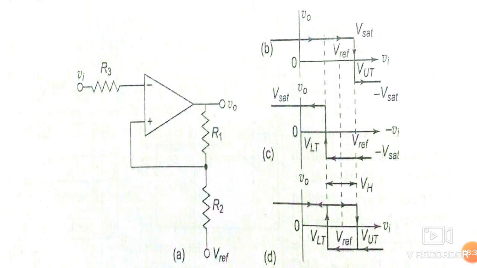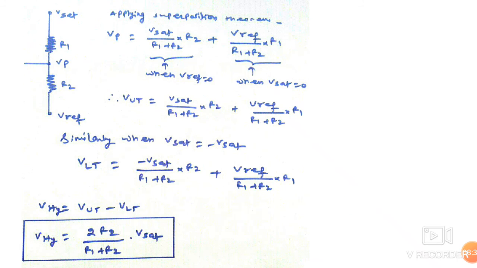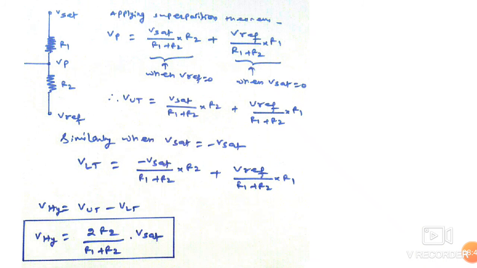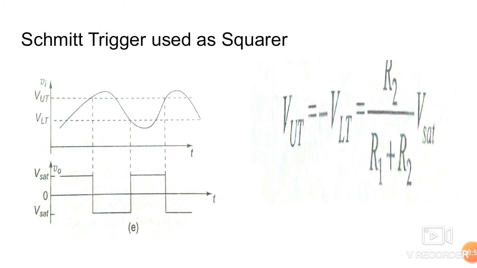So the output is changing, and this square shape is called V hysteresis, which we have calculated here. V hysteresis is equal to 2 times R2 divided by R1 plus R2, into Vsat. Now when we put V reference equal to 0,